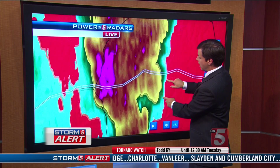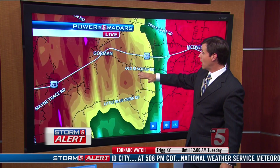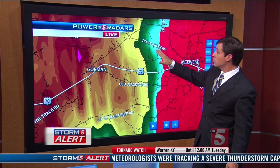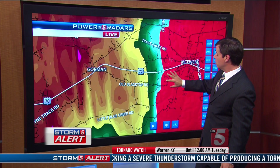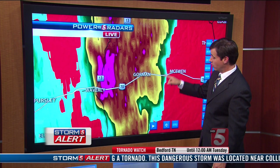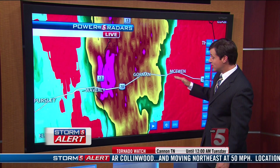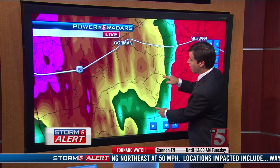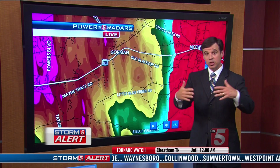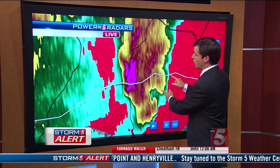And then a little farther north now, as you make your way closer to Highway 70, the Gorman community, Old Blacktop Road, Little Blue Creek Road, and then eventually, as it holds together, Trace Creek Road. And in the town of McEwen here, that rotation is going to be passing very close to you. So Gorman to McEwen along Highway 70, and just to point south right now, along that Old Blacktop Road and Little Blue Creek Road, any roads that come into those, be in your tornado safe place, ready for this storm